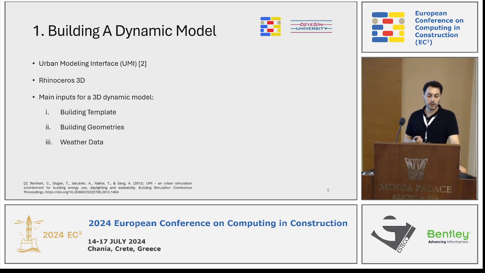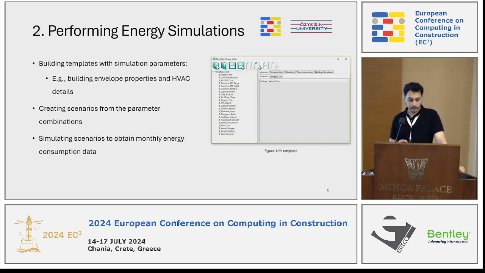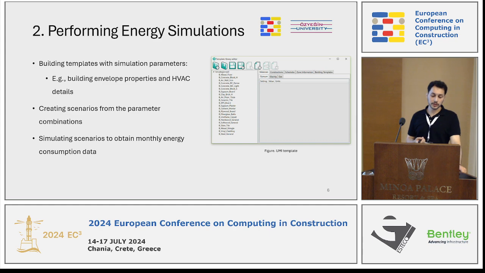So we utilized the Urban Modeling Interface by MIT Sustainable Design Lab to create our dynamic model. This model is integrated into a CAD software called Rhinoceros 3D. And it has three main inputs, which are the building template, building geometries, and the weather data. Building templates involve many simulation parameters, such as building envelope properties, HVAC details, and the building operational schedules. We created different optimization scenarios from the combinations of these simulation parameters and simulated them to obtain the monthly energy